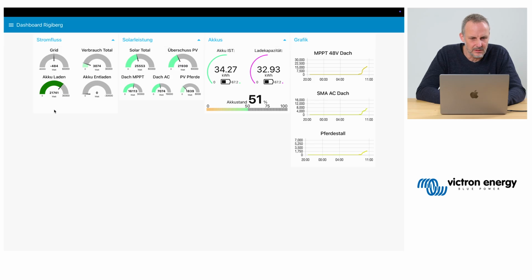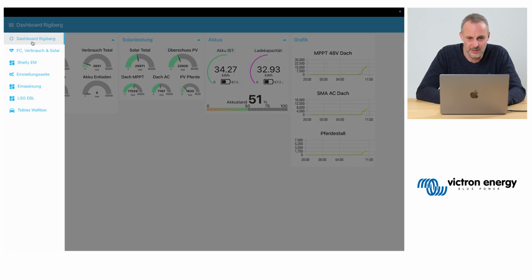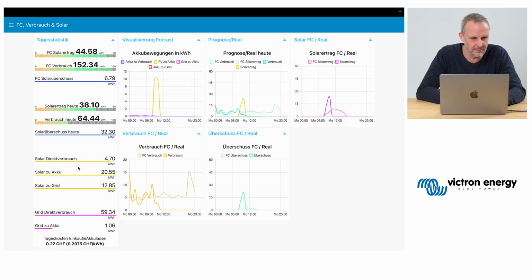We can take a look at the dashboard, which I opened already here. So this is a way, it's probably on one of these tabs, you can generate your complete own site, which you can use as an alternative for VRM if you have specific data which you want to show.